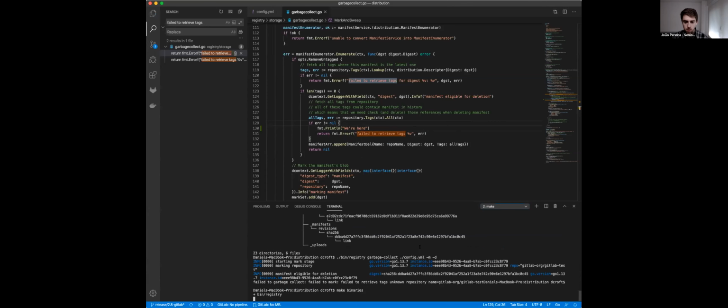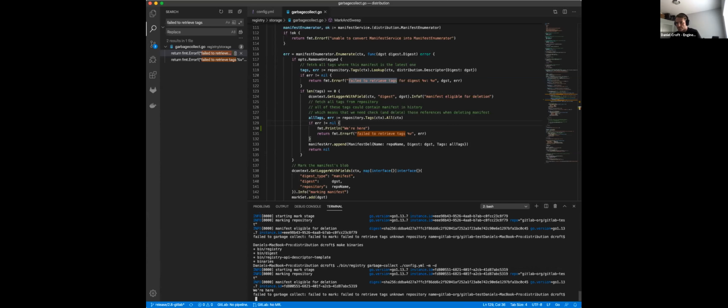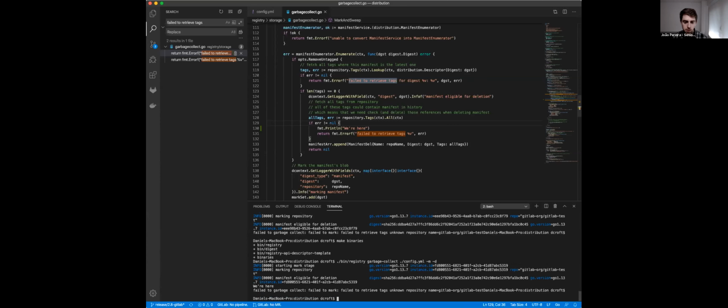Right, and now it will compile everything with our changes, and now let's rerun the garbage collection command that you have. Yeah, that's right. Now we should see your message. We are here. Okay, so we are in the right place. So what happens is that